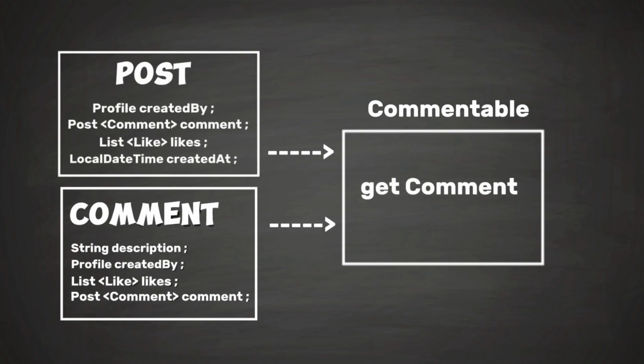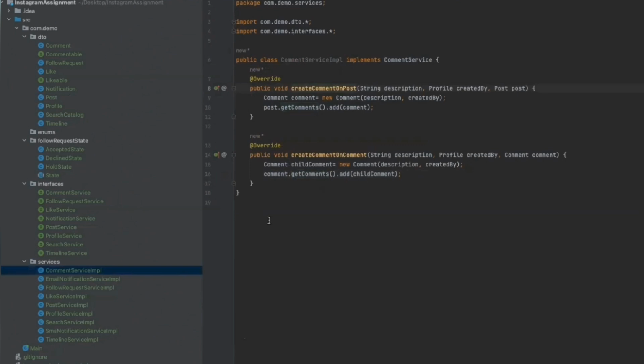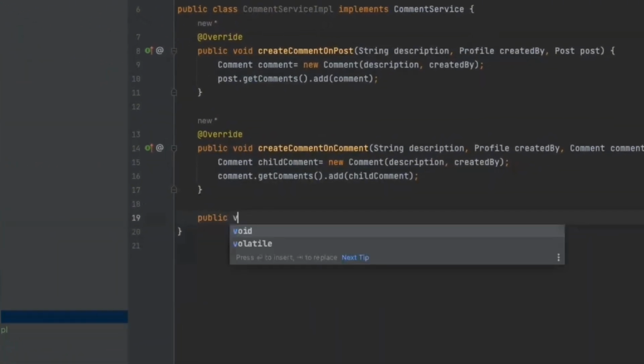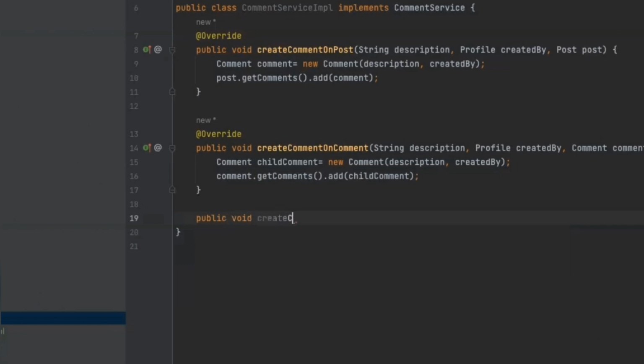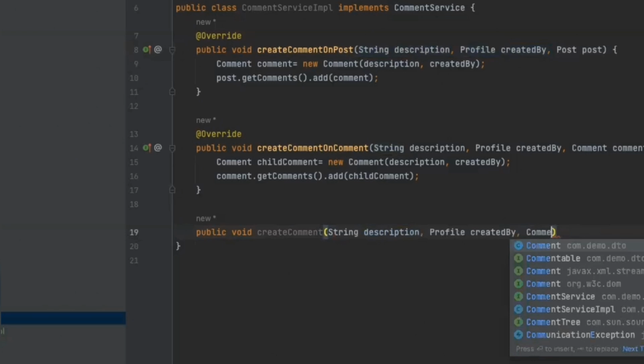So now if you head back to our comment service, instead of these two functions, we just want to have public void create comment. We'll get these two things and type of commentable.